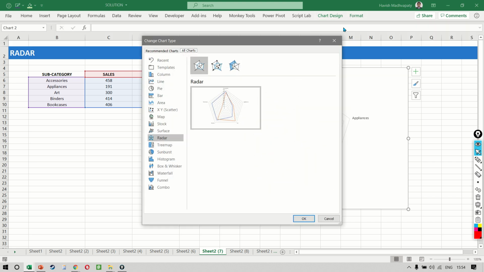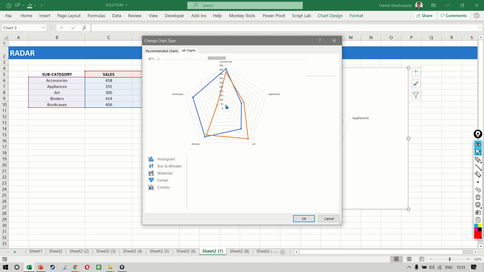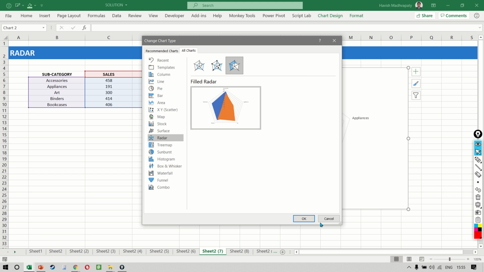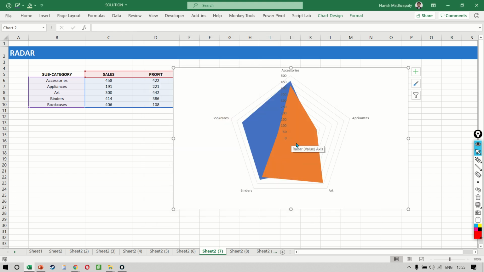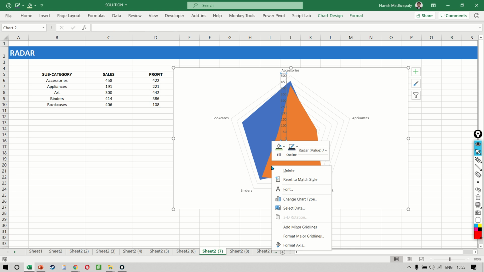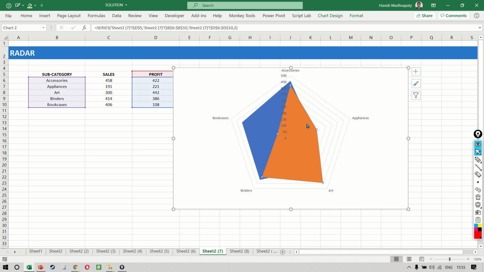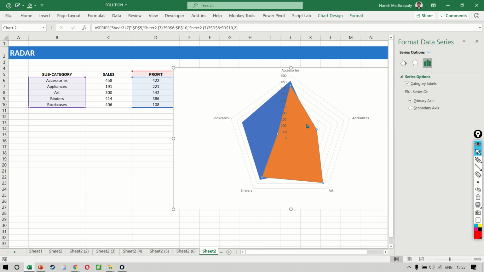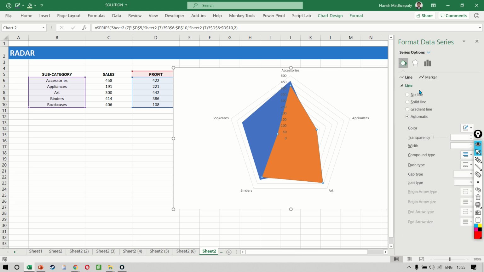If we go to change chart type, we have another option called radar with markers. And then finally, we have a filled radar that looks like this. Do remember, when you're using the filled radar, you might want to select this and then make sure that the fill color has a transparency, because if you don't do that, you will not be able to see the value behind. So usually what I do is I will go to fill